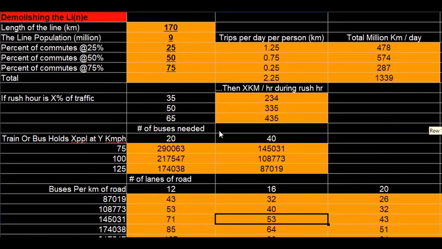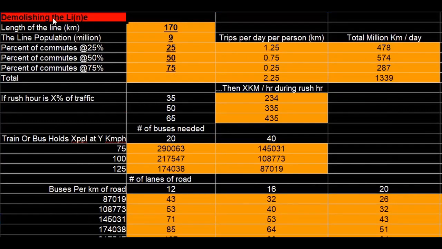So they discussed a train system in their proposal, and they said, oh, well, the max speed of a train is 400, 500 kilometers an hour. What they're clearly not taking into consideration is the number of stops the train has to make, and how close those stops are to your destination. So the more stops you have, the closer you are to your destination, but the more acceleration and deceleration the train is making, the more loading and unloading the train is making. So the average speed of that train goes down more and more the more stops you make.